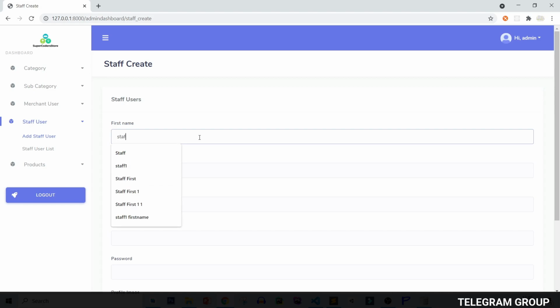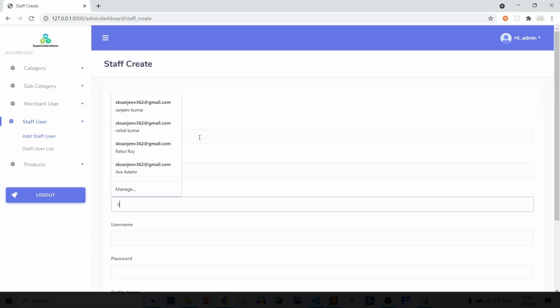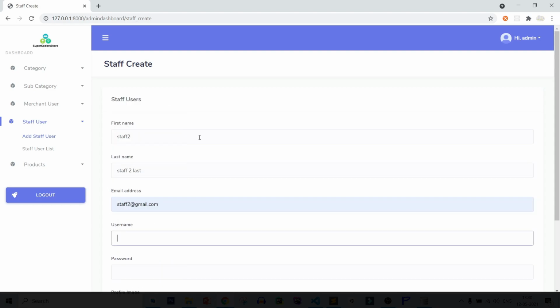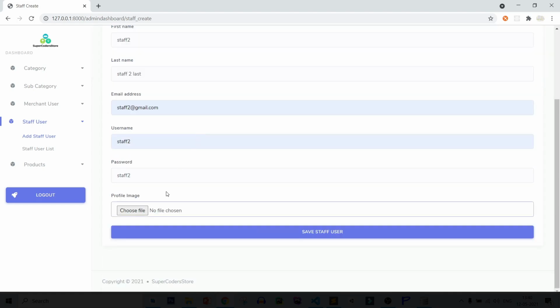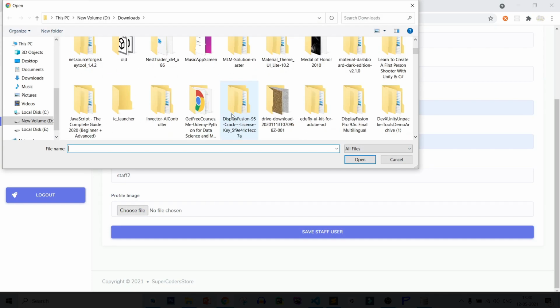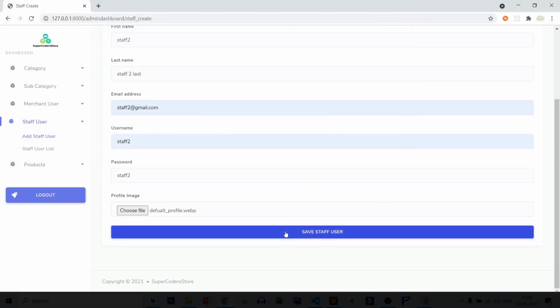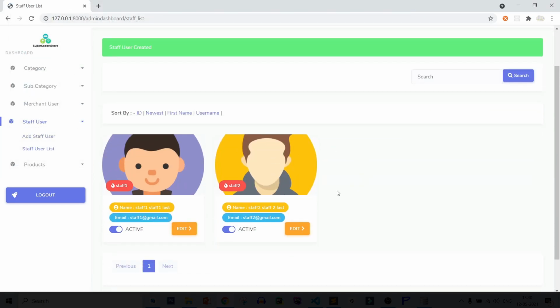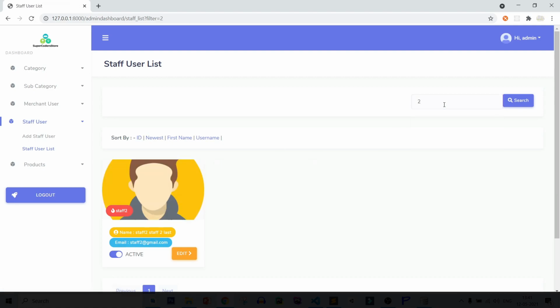So staff 2, last, staff2@gmail.com, staff2, profile pic, again selecting the profile pic, this one, click on save staff user, and you can see here 2 staff user has been added. Now after that, if I try to sort, you can see, let's try to search, it is working.